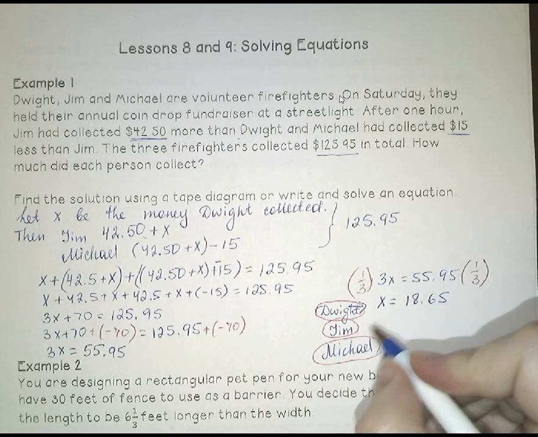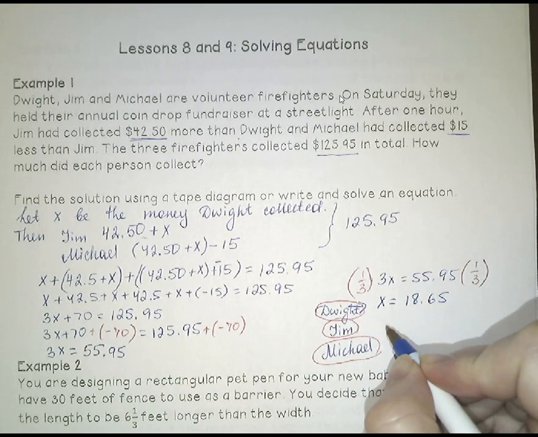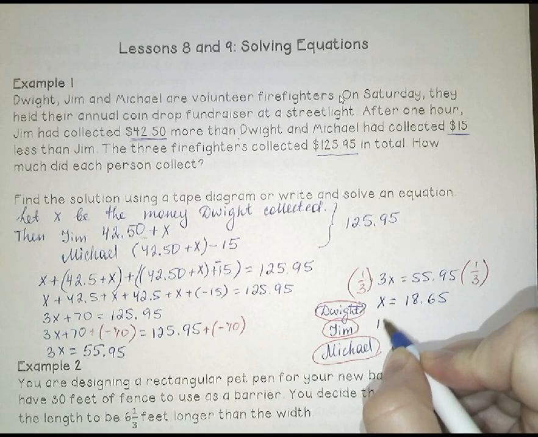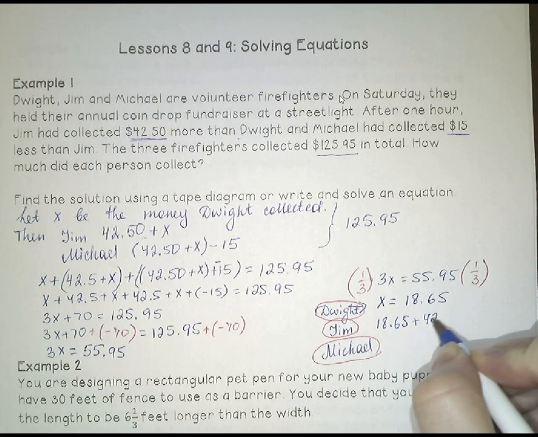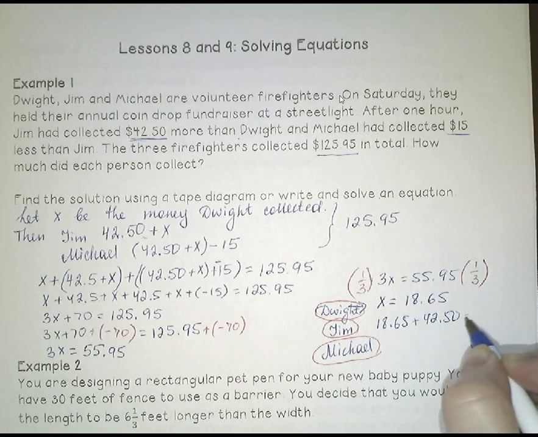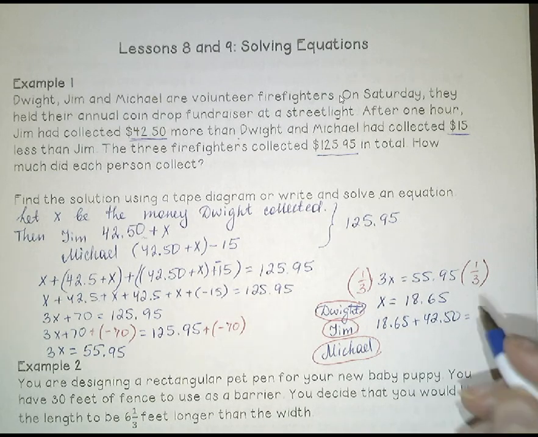All right. So Jim collected 42.50 more. So 18.65 plus 42.50. And I will do it on the calculator, which will be easier right now and will save us time. So 18.65 plus 42.50 equals